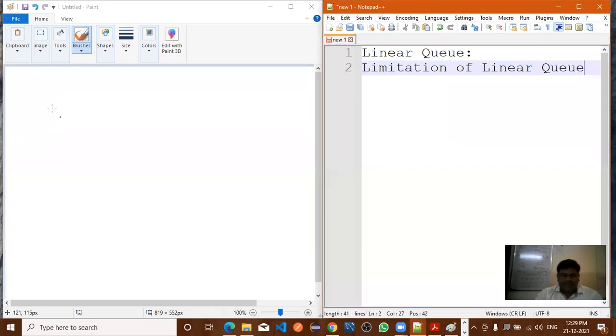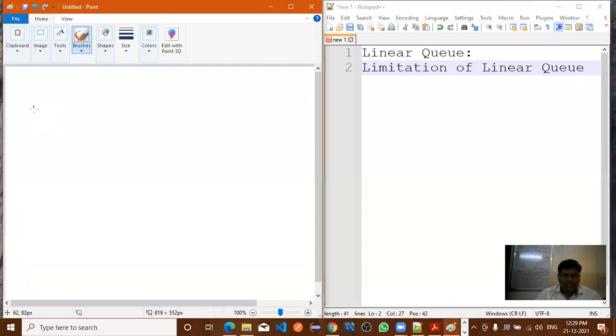This paint is visible to all? Yes, sir. Now suppose you want to insert 5 elements. How are you inserting them?